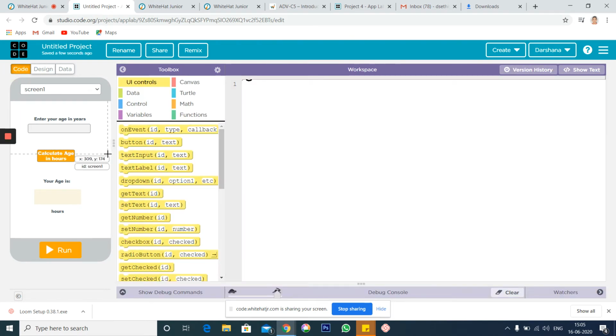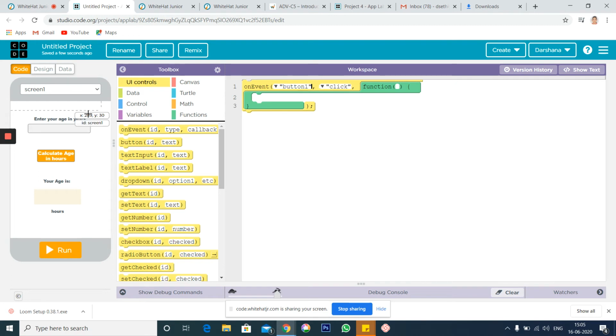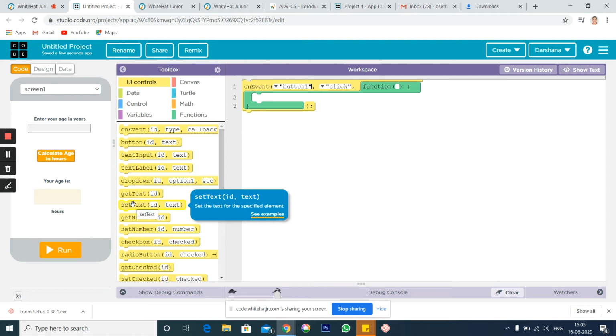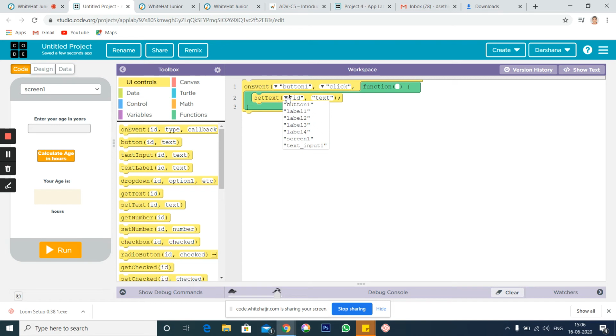Wonderful. So here also again we have to click the button to get the answer, right? So I'm going to use the on event function. On event, click button 1. So when button 1 is clicked, it should do something. That is going to be set text. This option here, set text. And then I'm going to use, because I have to display the answer here,